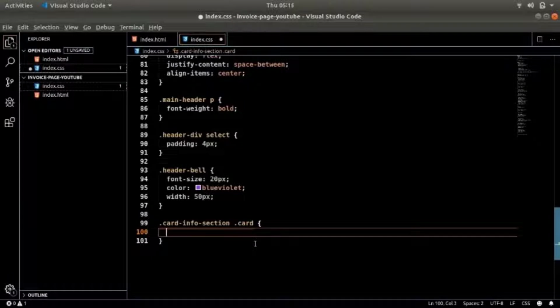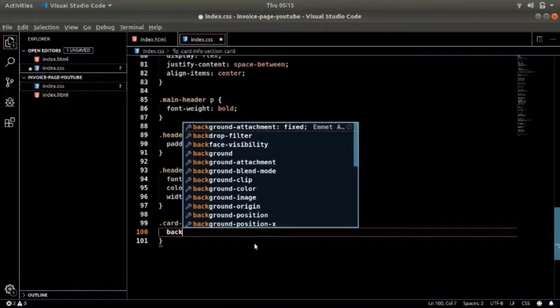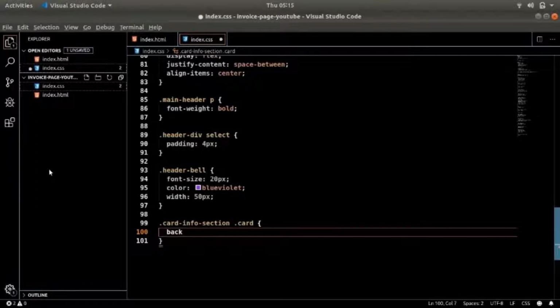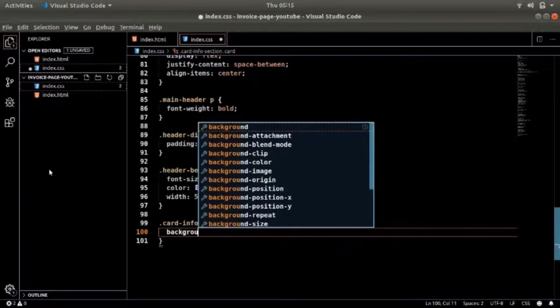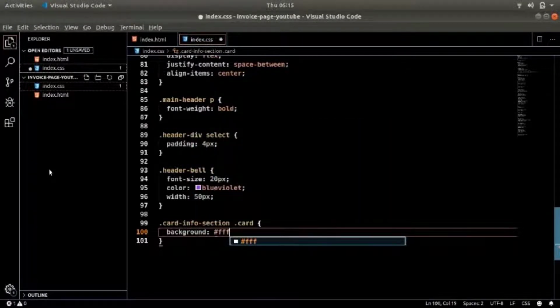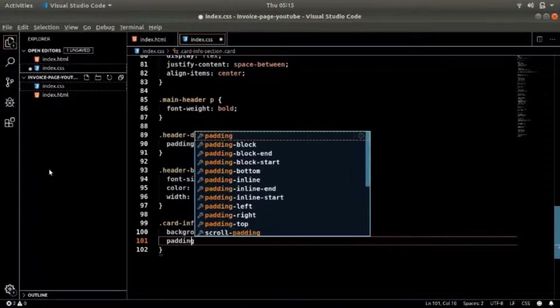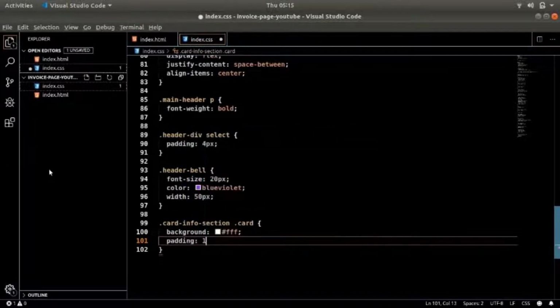Okay, so we will go for background. So yeah, background is white because the background of body is not exactly white. So background, we made it white, and then padding, let's go for 15 pixel.